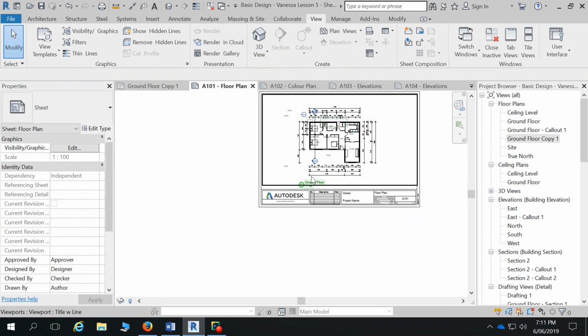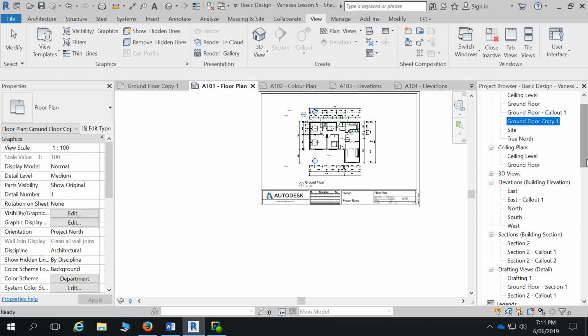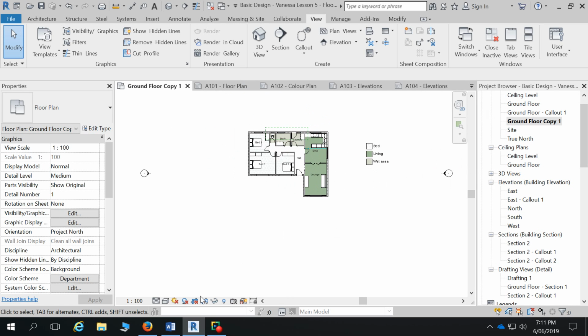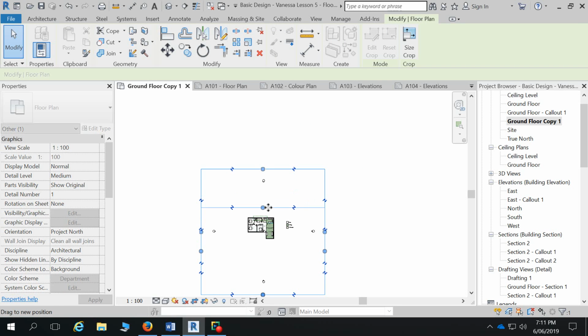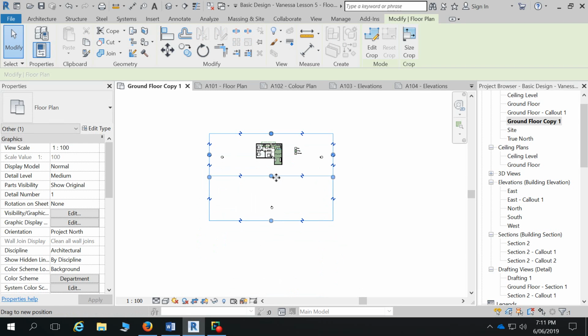So that's a little bit annoying. You can't really crop your view because you don't know how big your A3, well, you might know how big your A3 sheet is, but it's a bit hard to crop it before it goes on a sheet, if you know what I mean. Like, you couldn't go to your floor plan here, turn them on here because that's where you can do it. I don't tend to go super close to the building these days